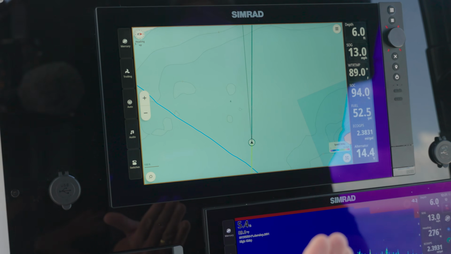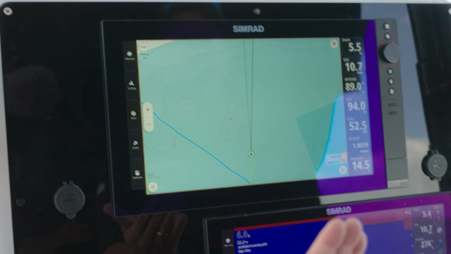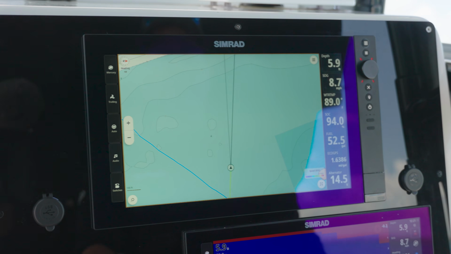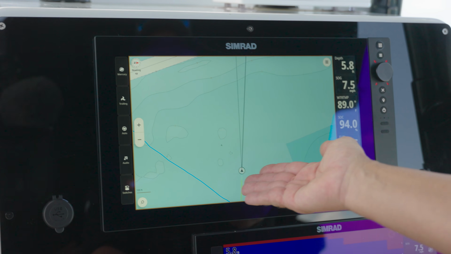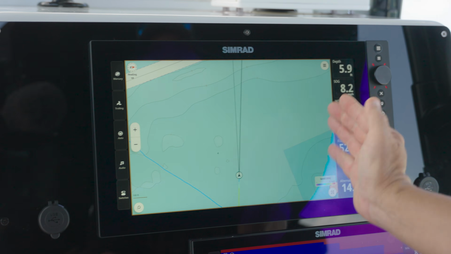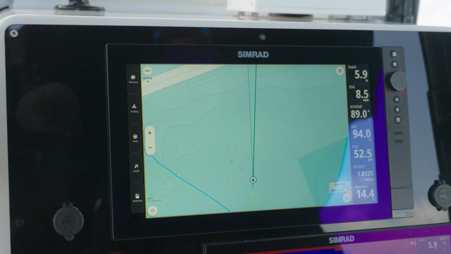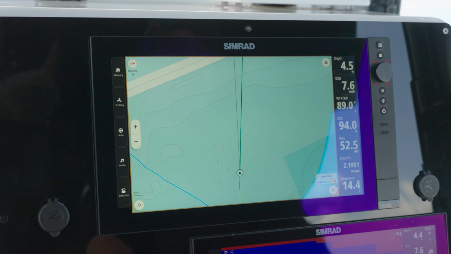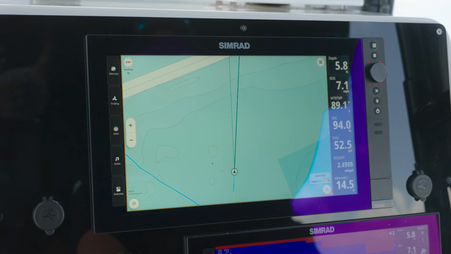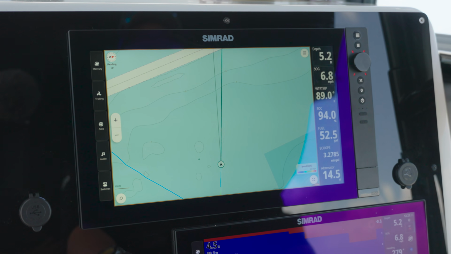And now as we slow back down, we're going to start seeing that change back from green, which was in our mid-teens. You see a little bit of aqua there, which is around that 9-10 miles an hour, and now back to blue. And then eventually, if we slow way back down, we're at 7,